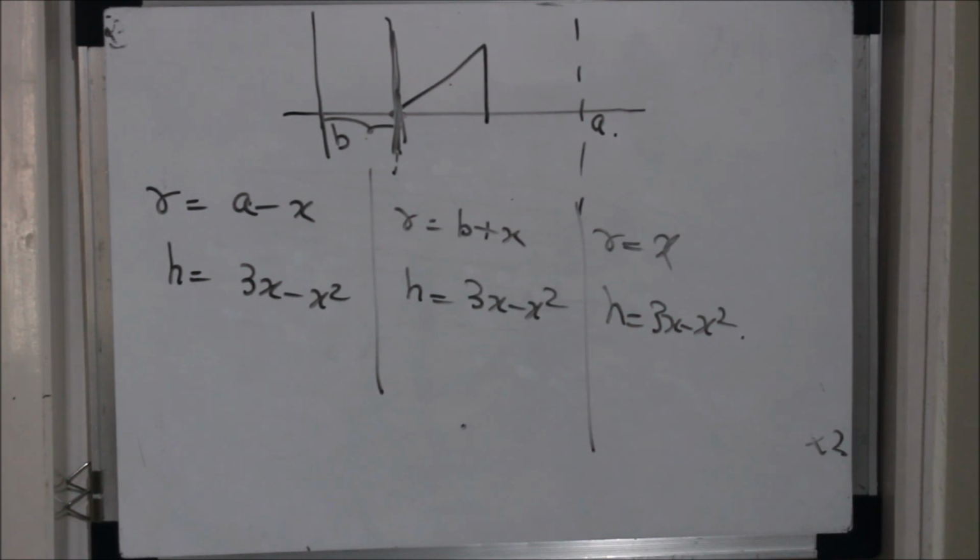Now the same thing happens when we do it for the horizontal line. My height will remain the same. We will see what the height will be, and my radius will be one of the three. Which three? That we will see now. So let's do the remaining three cases. What was the first case?